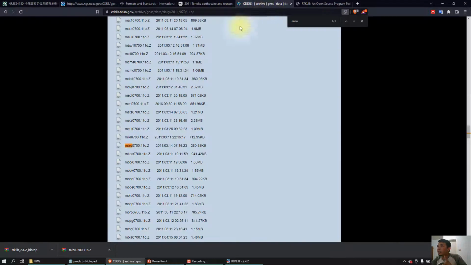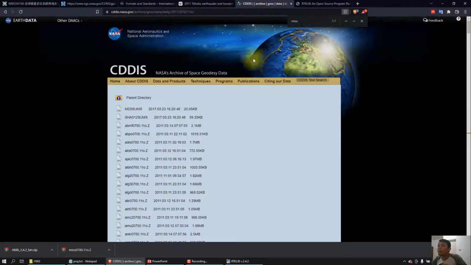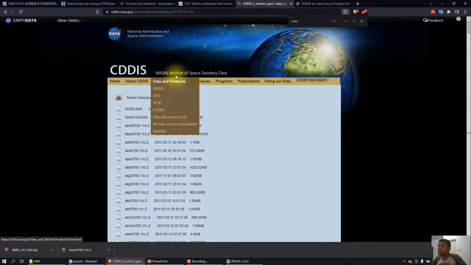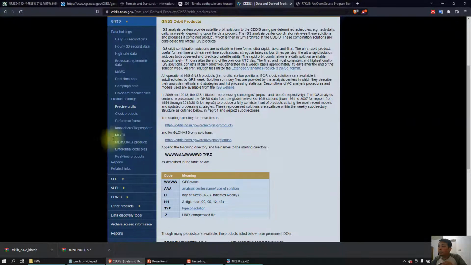And we forgot another thing, we need to use the orbit file. The orbit file uses the atomic clock, and it can be used for very precise GPS positioning. So we click GNSS and then precise orbit, and find the directory through this link.